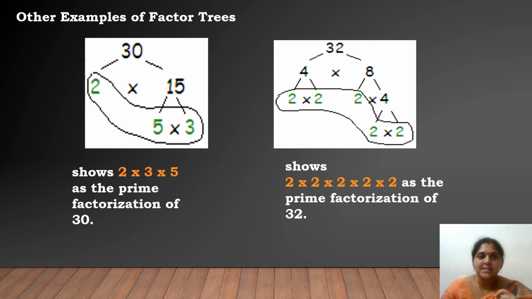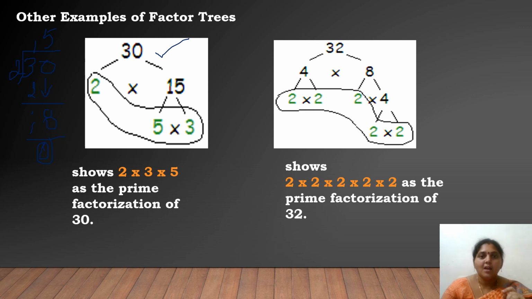Now here we are having some other examples of factor trees. I have taken two more examples here. I have taken number 30. So if we start with our smallest prime number, when 30 is divided by 2, how many times can we check? 2 ones are 2. Remainder is 1. Carry forward the 0. 2 fives are 10, right? It is dividing exactly. Because we got 0 down, that's why we can tell it is exactly divided by 2.